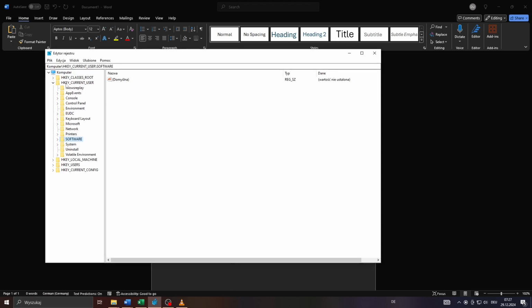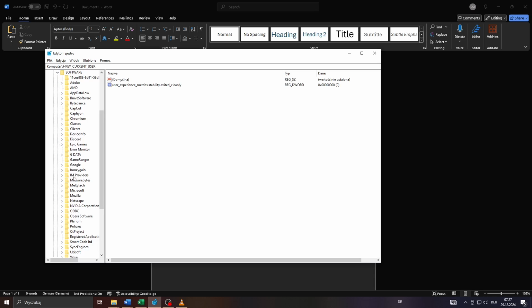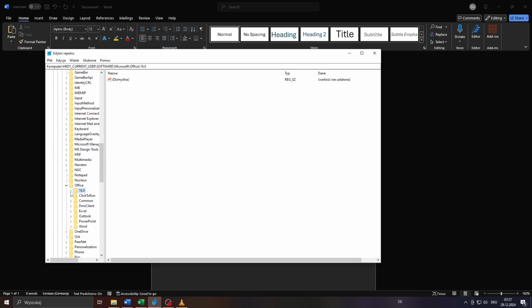your registry editor, make sure that you expand that folder here in the left sidebar, HKEY_CURRENT_USER, and from that drop-down menu, expand Software. After that, scroll down till you get to Microsoft, expand, and from that following drop-down menu, scroll down and expand Office. And lastly, expand that folder here at the top, 16.0, which should indicate which version of Microsoft Word you're